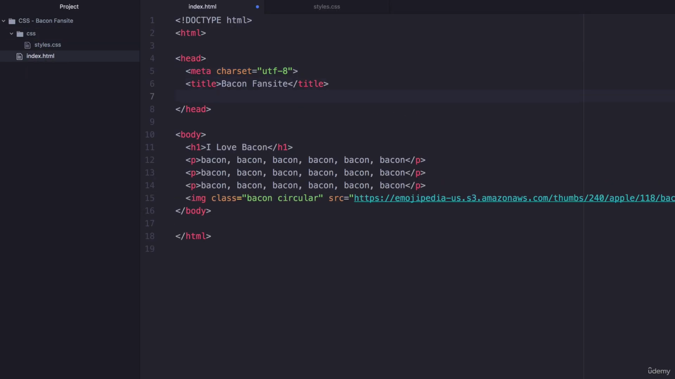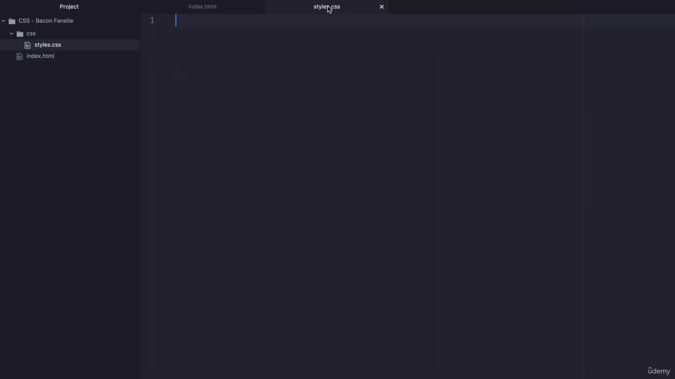So I can go inside the head of this website and insert a link that has a relationship of stylesheet, and the href is css/styles.css. So now if I hit save, I can just check to make sure that it's actually been linked up